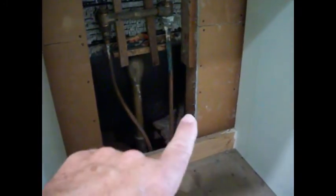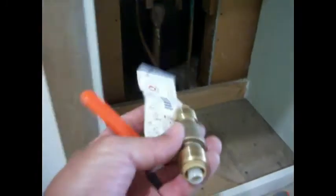Cold water, hot water. We're going to put a valve on it. I'm going to show you how I do that, and we'll go from there. Alright, show you more. Okay, kids, don't try this at home, but I went downstairs and shut the water off and drained these two valves into the tub, and we're going to take our imp cutter,